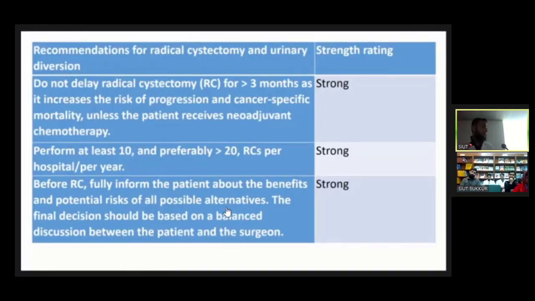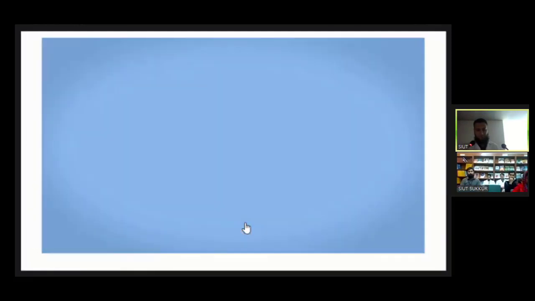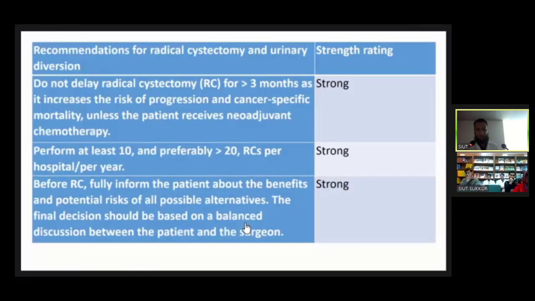So the radical cystectomy is not always the simple one that has been demonstrated, but minimally invasive surgery has been involved in this procedure, and I think it may have got its benefit. So, Dr. Harris, you have experience of this surgery with minimally invasive procedures. Does it make it much easier with the access with the robot or laparoscopy, or are they the same in terms of outcome or in terms of